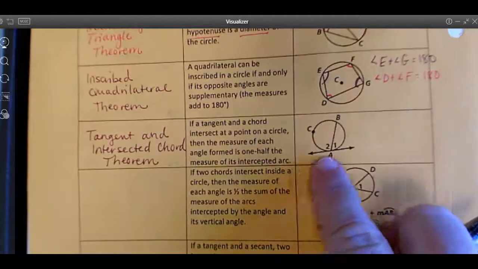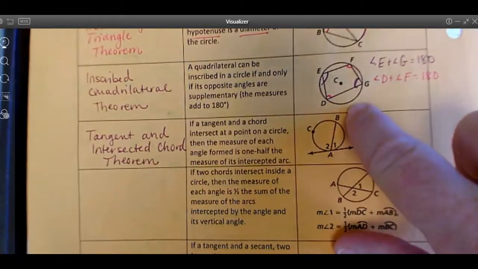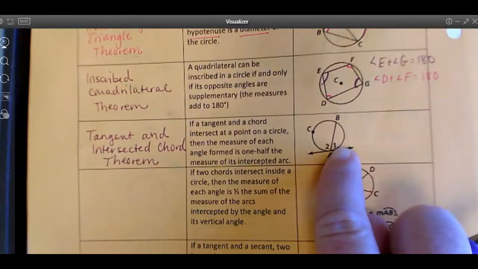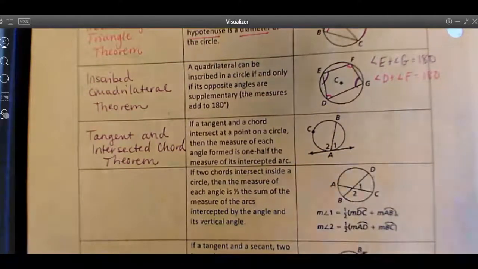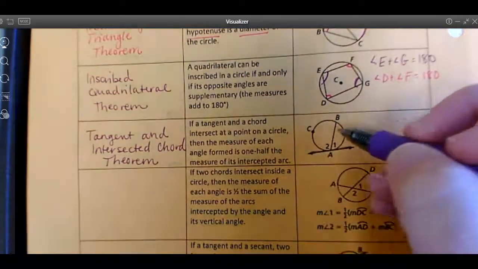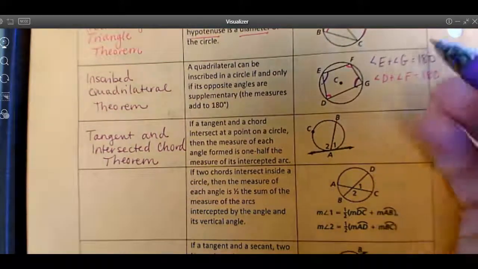If you have the tangent and a chord that intersect at a point on a circle, then the measure of each angle is 1/2 the measure of its intercepted arc. All it's trying to tell you is that if this is the tangent and this is a chord, that still,